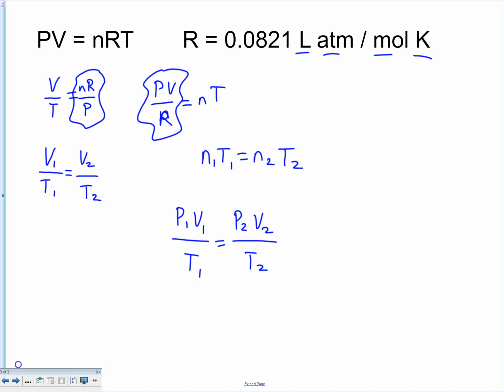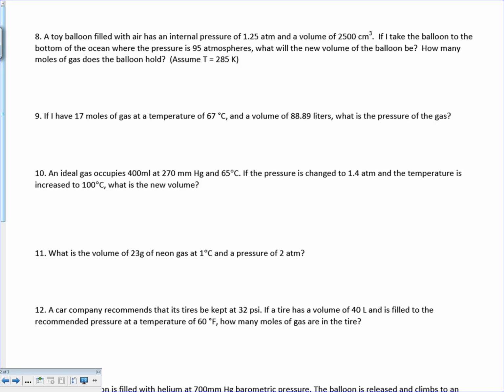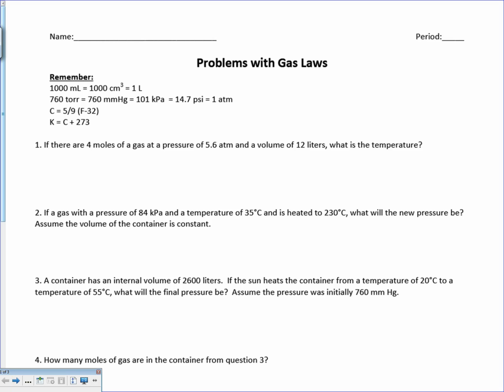It has to be liters and atmospheres and moles. If you're using the proportionality equations, you'll just get out what you put in. So that kind of summarizes what we'll be doing in this unit. So getting here to the problems, problem number 1, this one, if you read it through, you'll see that we